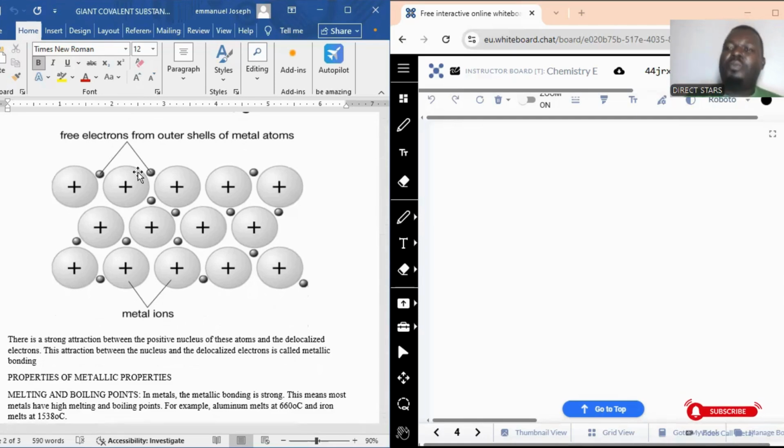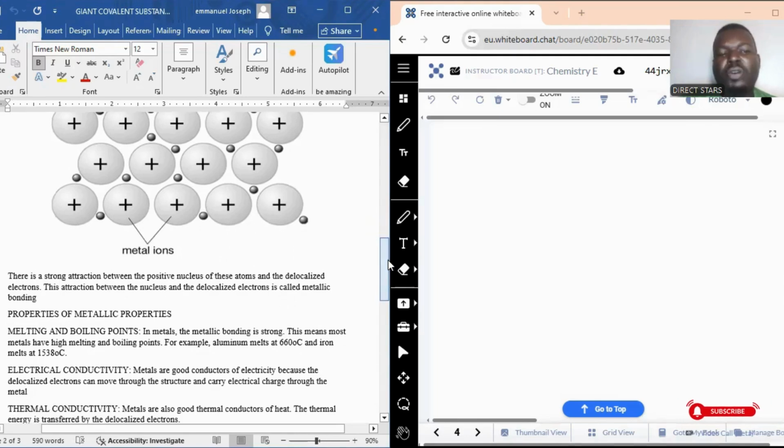The nucleus is positive, and then they have outer electrons that are delocalized. So, of course, there's a strong attraction between this positive nucleus of the atom and the delocalized electrons. This attraction between the nucleus and these electrons is what is called the metallic